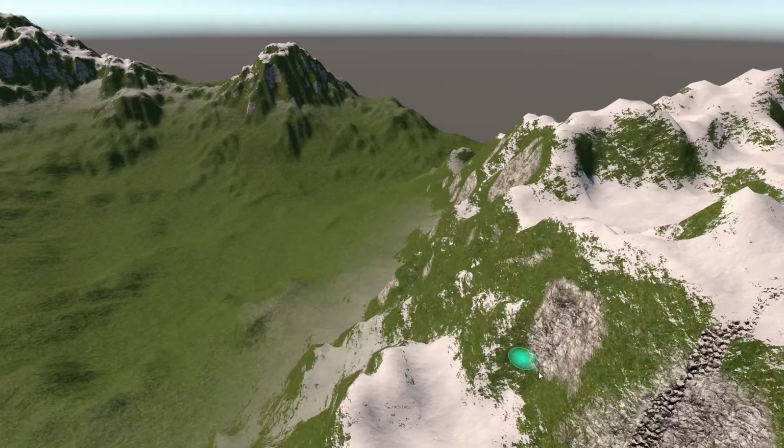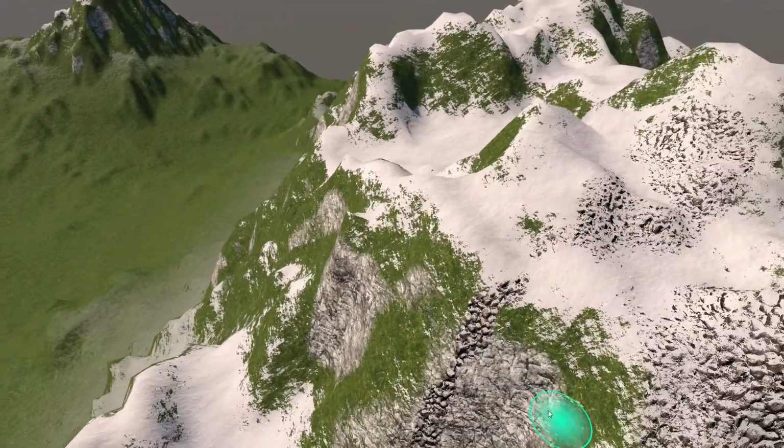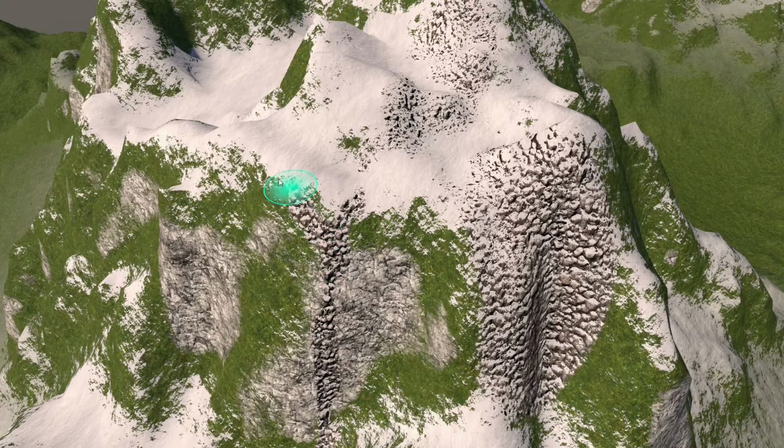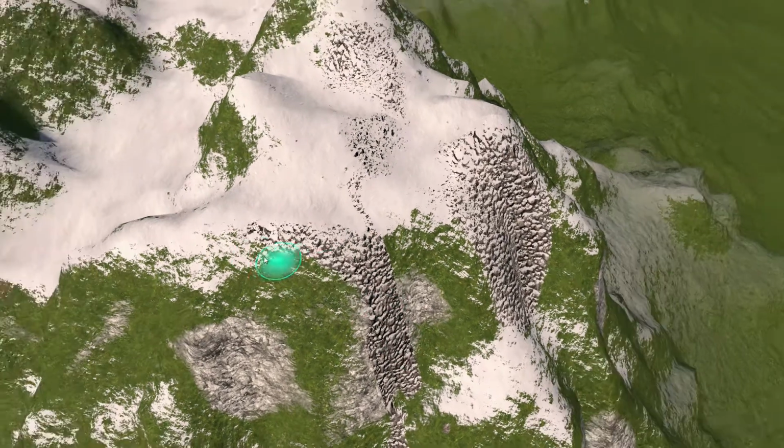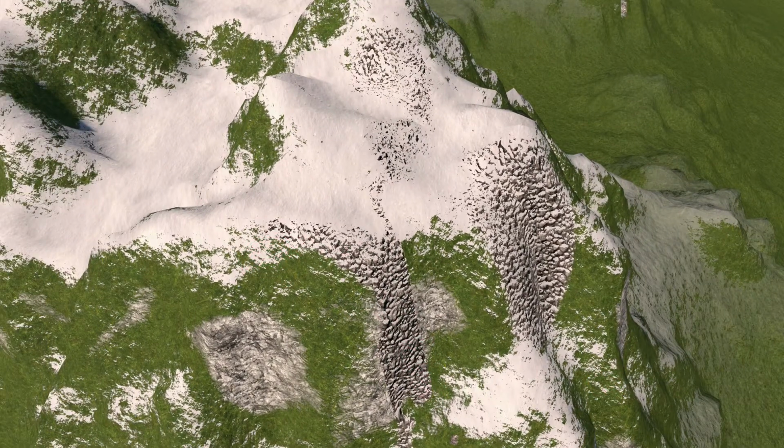I don't know if you can actually see it here, but let's try to zoom right in. So you try to paint like a cobblestone path or something going up into the mountain. You can see that the snow actually tends to cover it up, which is, as you would expect. Snow wouldn't just ignore a path. However, if you decide that maybe this path actually gets cleared, you can go ahead and remove the snow in this area and say that somebody came along and actually removed the snow along the path. That way you can get it just the way you want it,